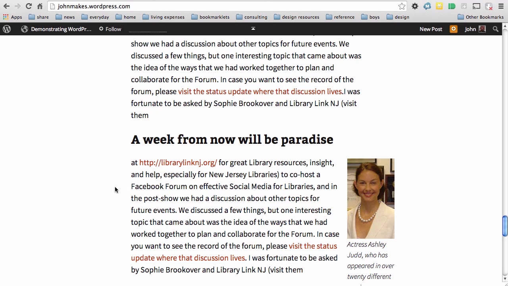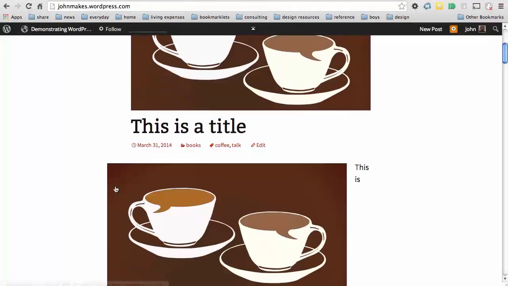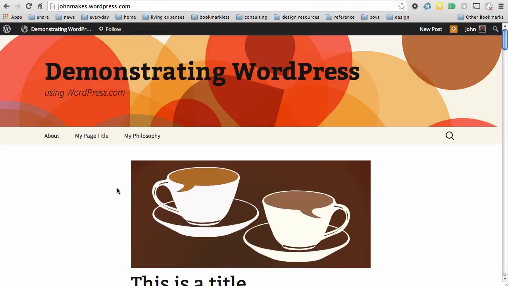Now, there are other things that I can do in order to make it easier for people to get to older posts. I can, for example, show a widget in the sidebar that allows people to navigate to just a certain category of posts. Categorization we will talk about a little bit later. But by default, if you want something to be available to your viewers all of the time, chances are you want it to be a page.